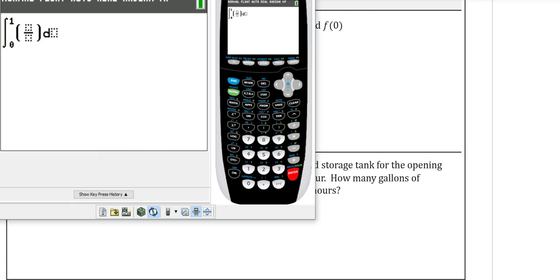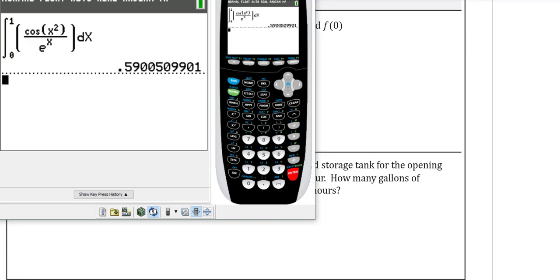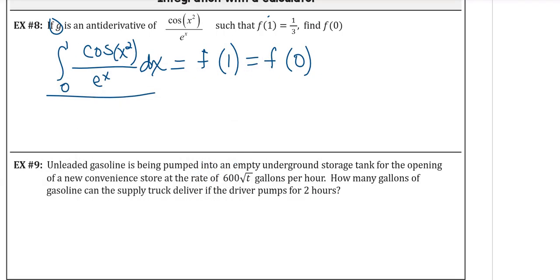So we have cosine of x squared on top. And then in the bottom, we have e to the x. And then, of course, we have our dx here. And we get this nice little number there. So I'll put that in and finish. So we get